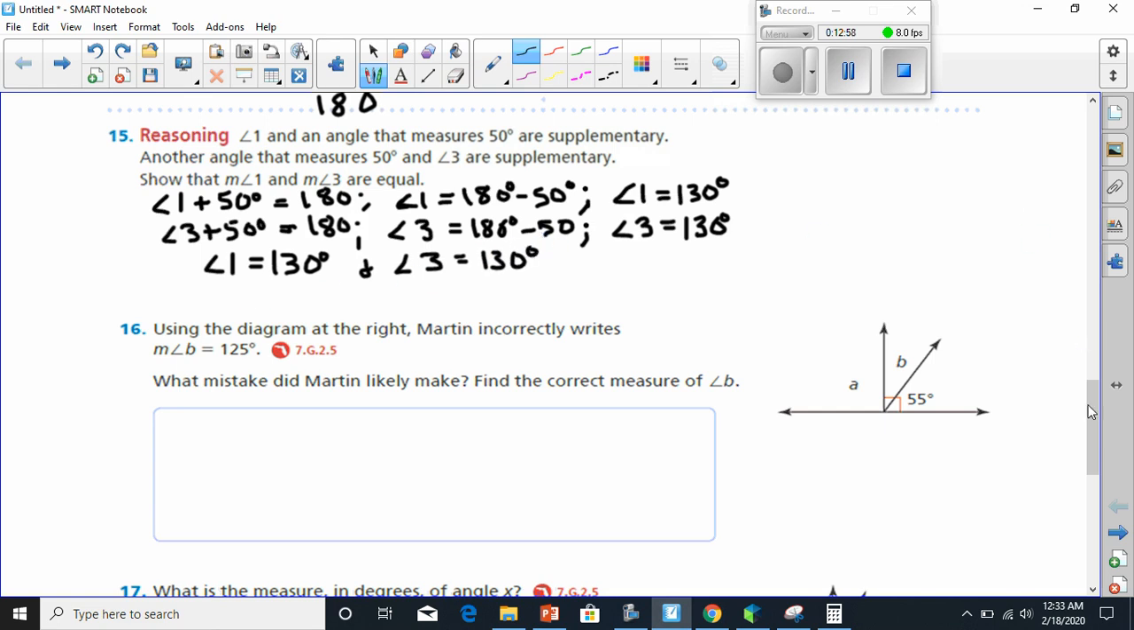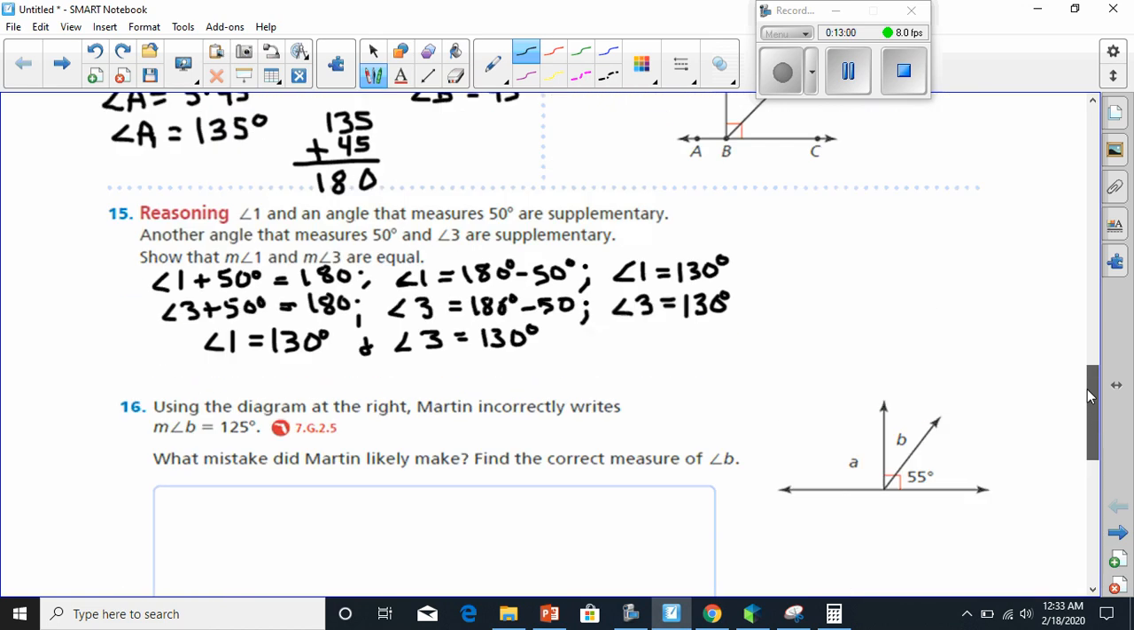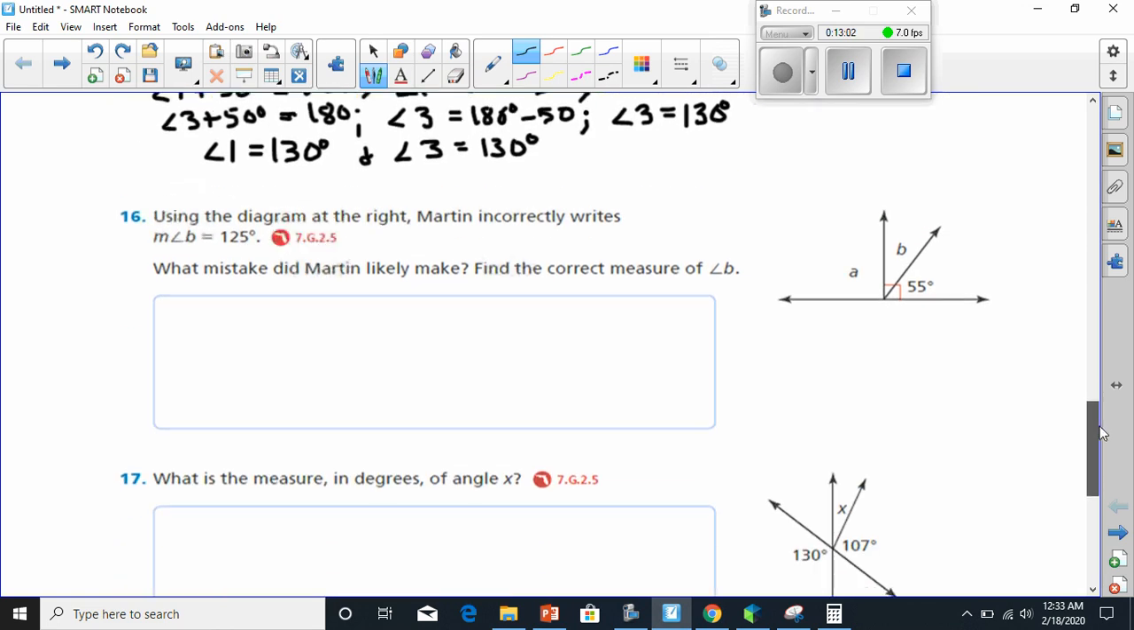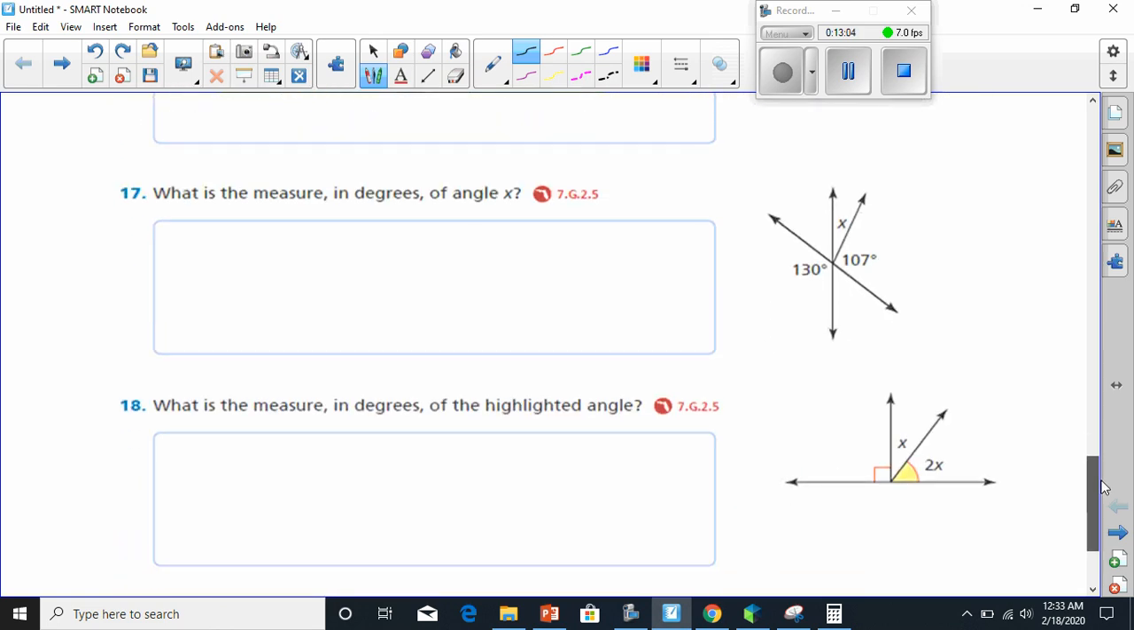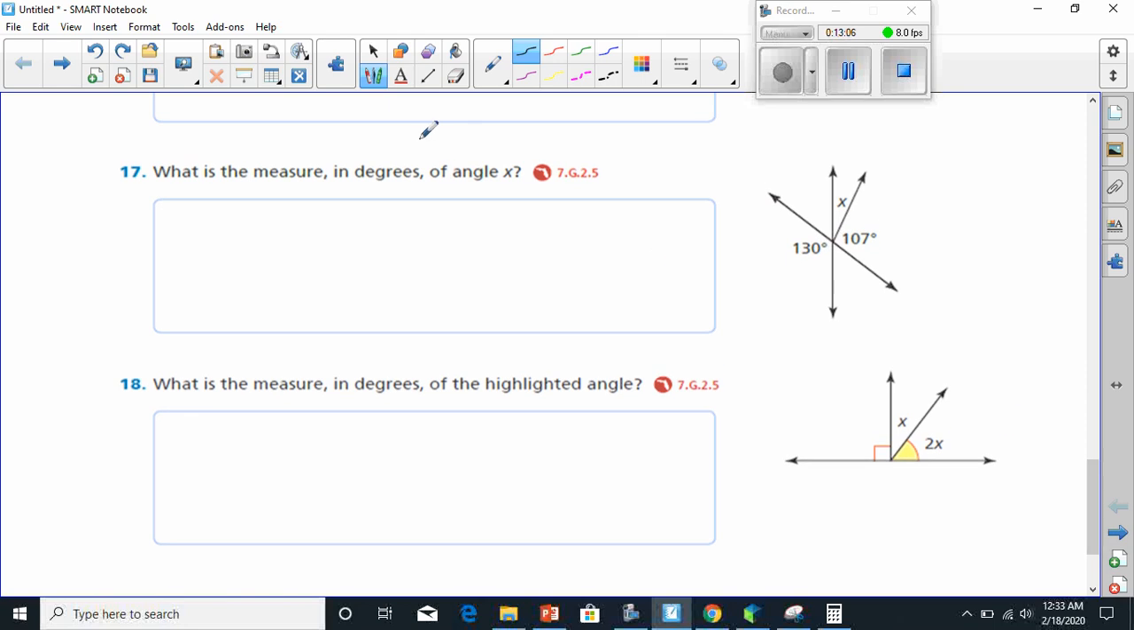All right, that is how we show that they're equal. We're moving down to number 17 now. It says, what is the measure in degrees of angle X? Well, if I solve for X here,